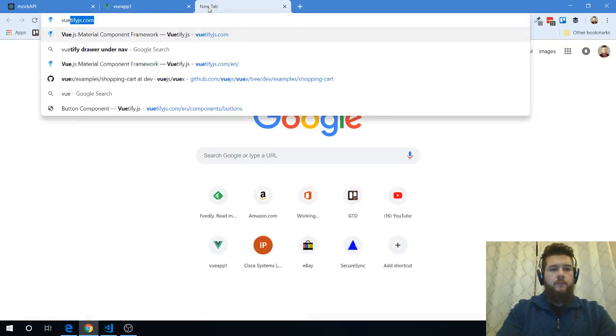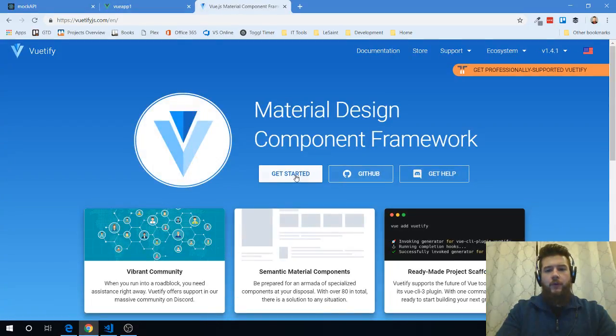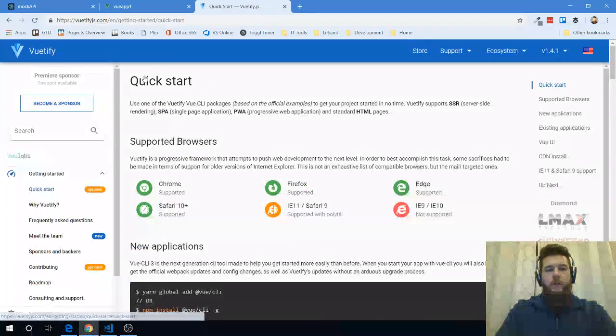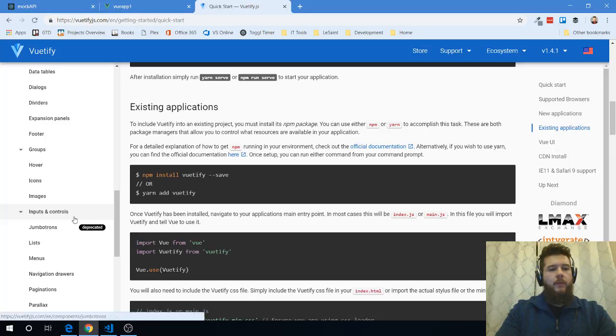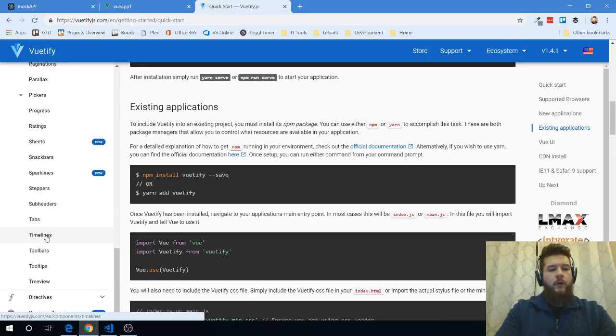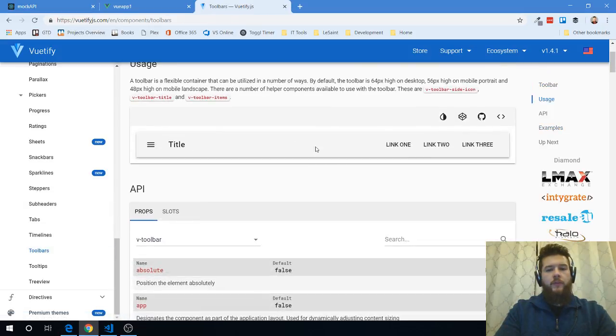Vuetify is the front-end material framework that we're using. So we're going to go here and grab something out. I'm going to use the UI components in our documentation, and I'm going to grab, I think, a toolbar first. Let's create a toolbar. Although this looks like this, we don't want our toolbar to look like that. What we're going to do is add this above. Actually,